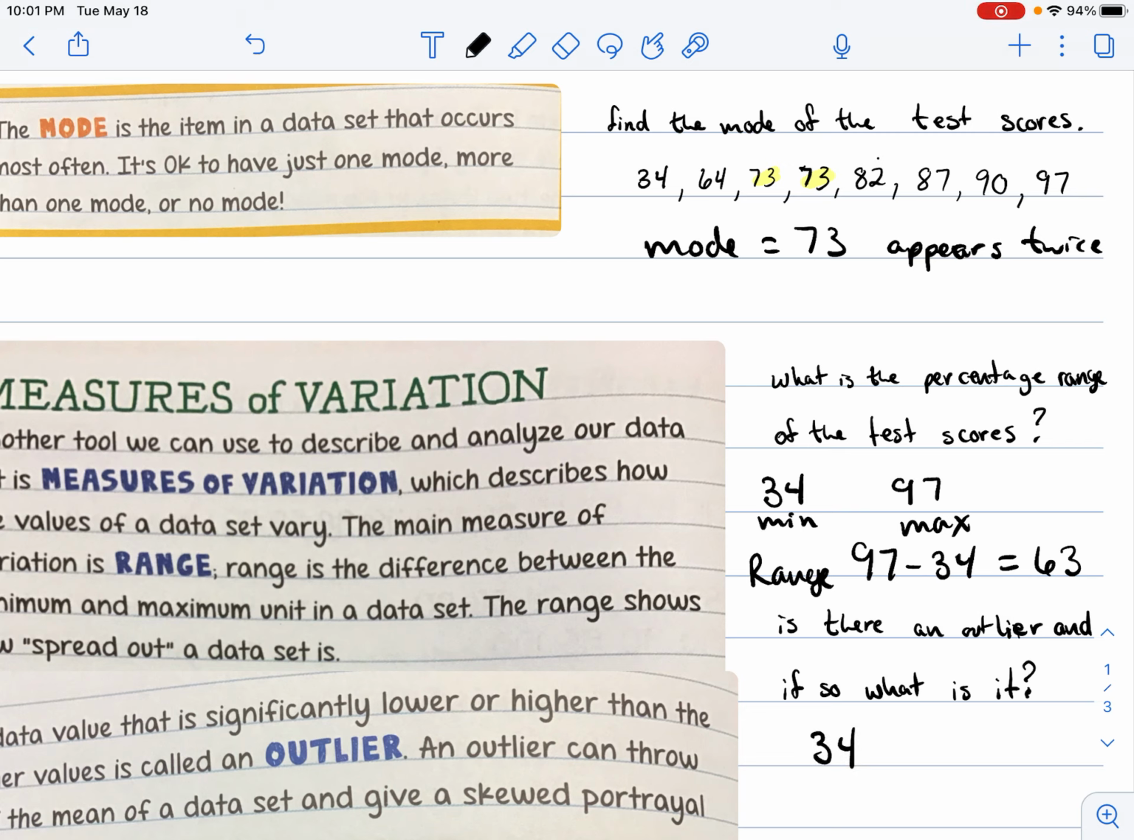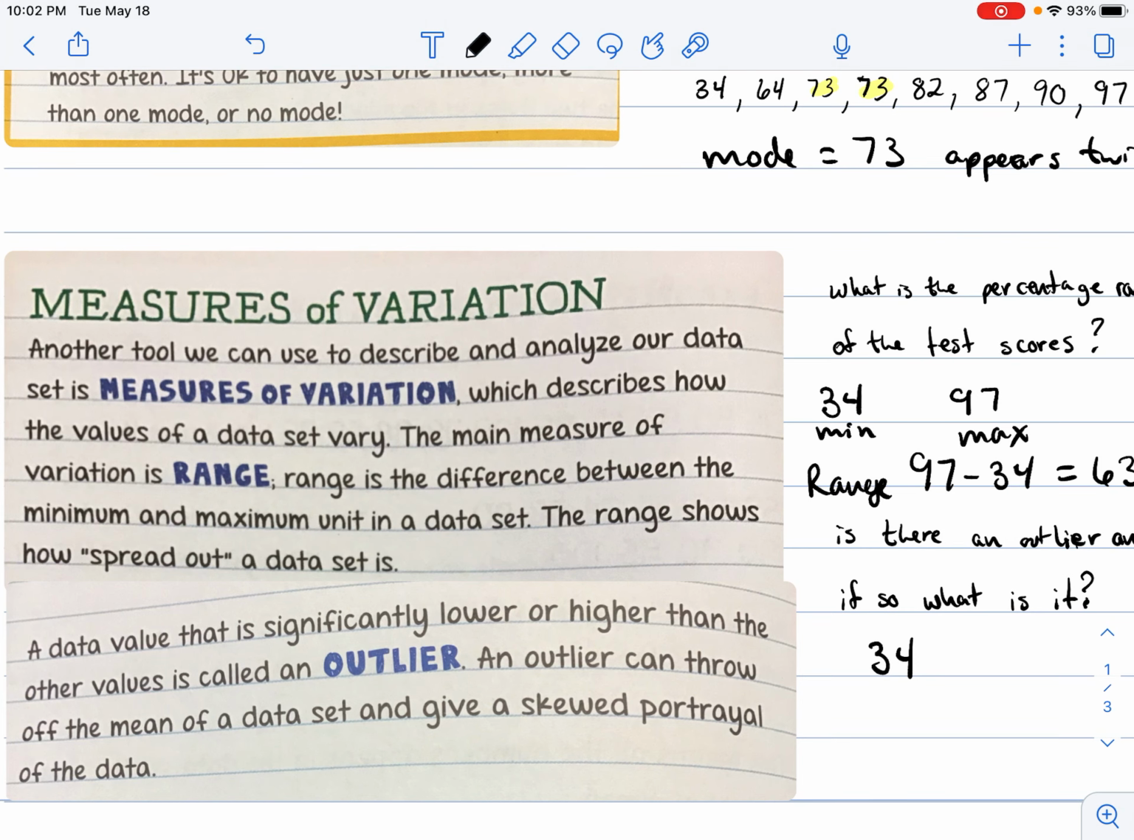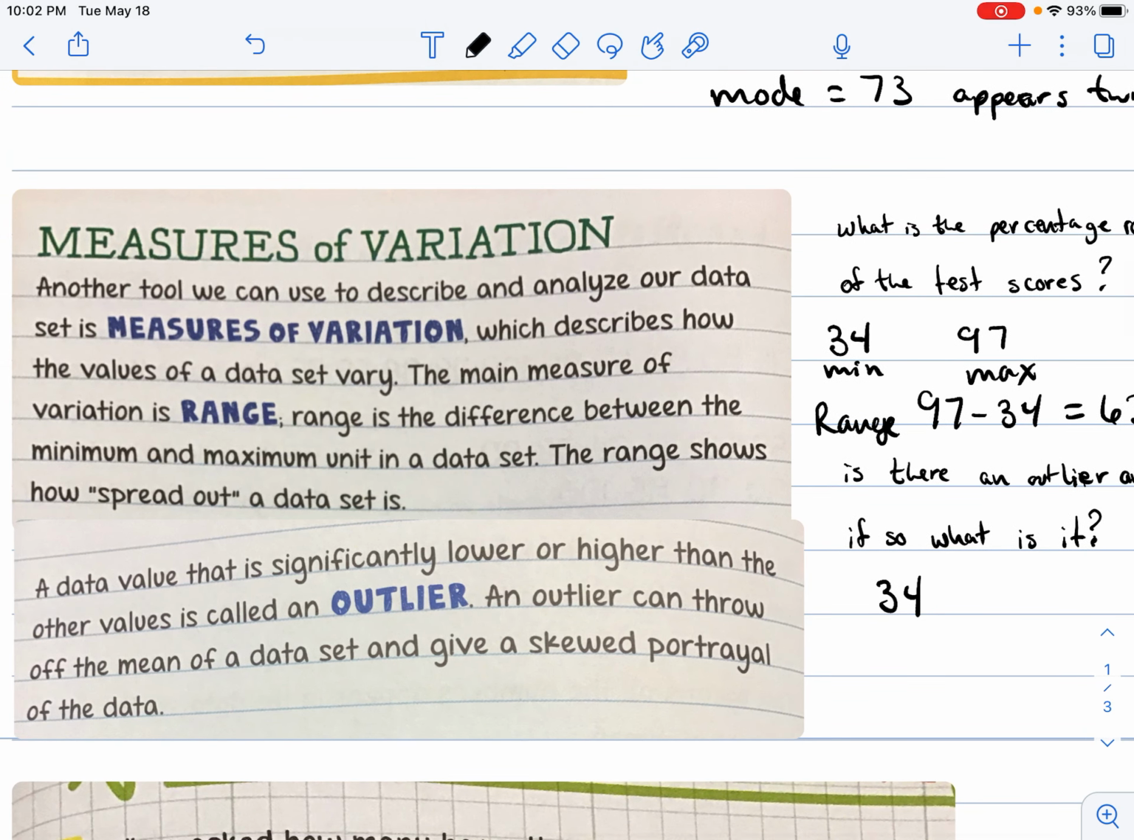Okay, it's 30 points away from the next closest test score, where the rest are all fairly close. Now 64 is further away from 97, but there's a number of values in between that it is fairly close to. So the only outlier here would be 34. Okay, and as it says here, an outlier can throw off the mean of the data set